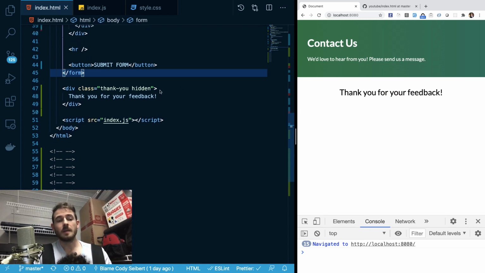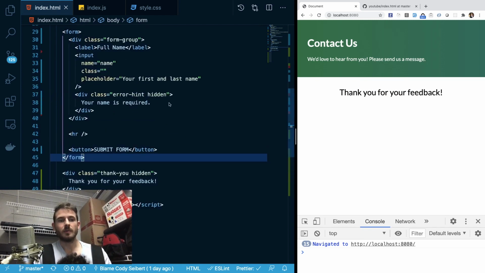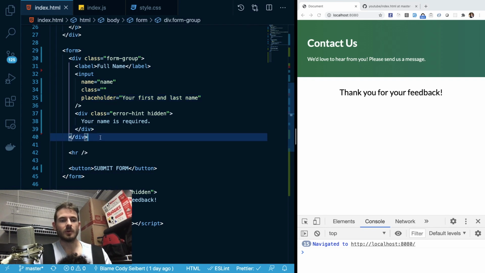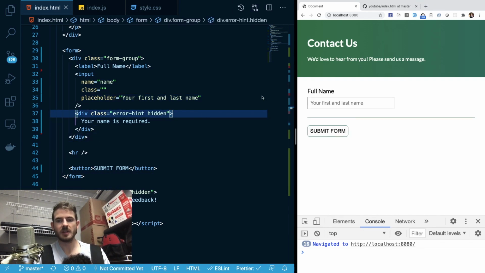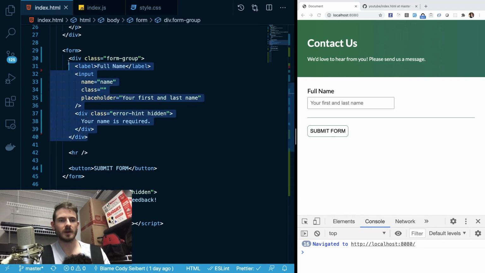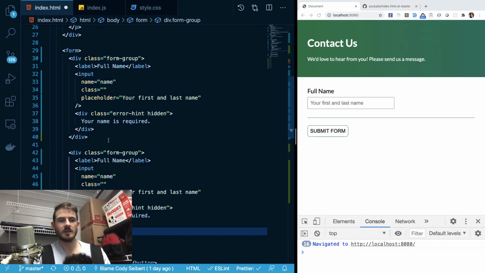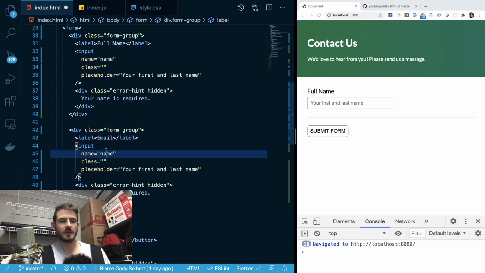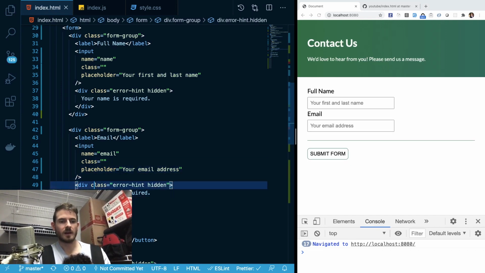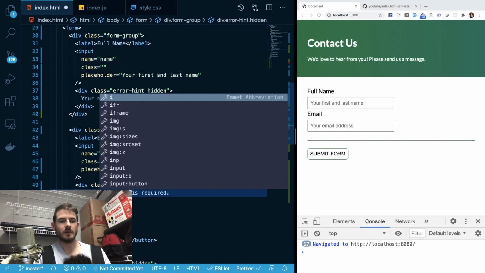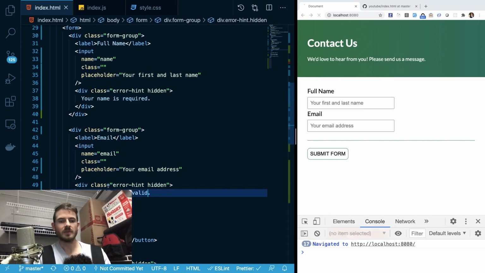Now we could just copy and paste some stuff to get it working for the other input boxes as well. So let's just go ahead and move forward doing that. So let's just refresh the page here and let's start working on these other input boxes. So the next one we need is email. So I'm going to say email, and I could say name is email, and the placeholder is your email address. And again, we're going to have your email is invalid will be what we'll print out if someone types in